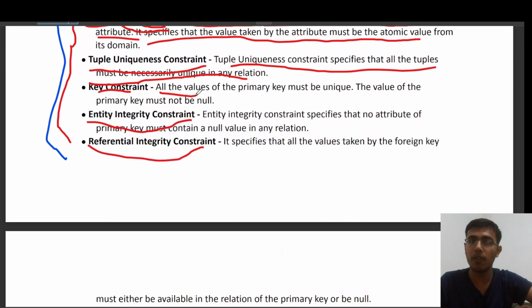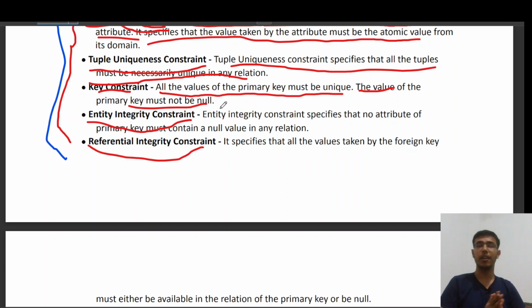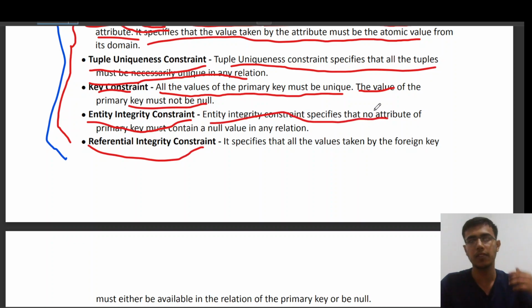Key constraints: all the values of the primary key must be unique and the value of the primary key must not be null. Key constraint is basically imposed on the primary key or all the keys. All the values of the primary key must be unique and the value of the primary key must not be null. Right. Next one is the entity integrity constraint. Entity integrity constraints specify that no attribute